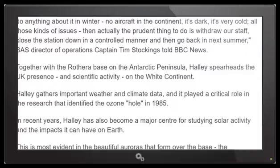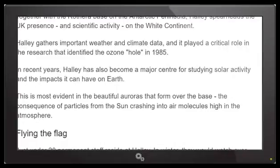Alright, something about that is confusing me. I don't know what it is though. Together with the Rothera base. No, is that like Rothschild era? For when everything warms up and